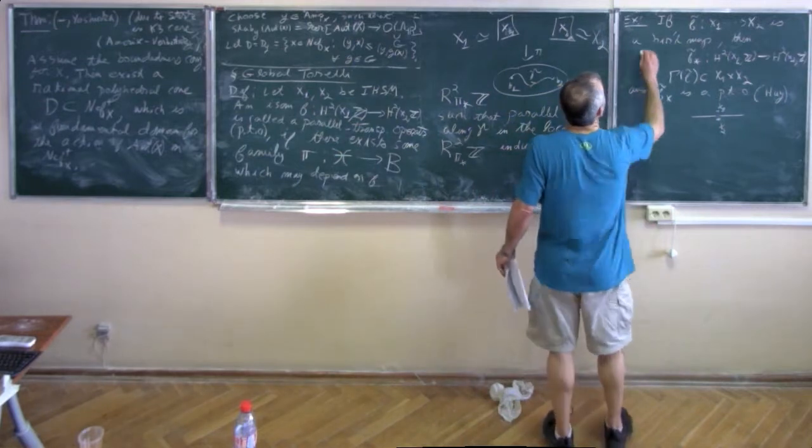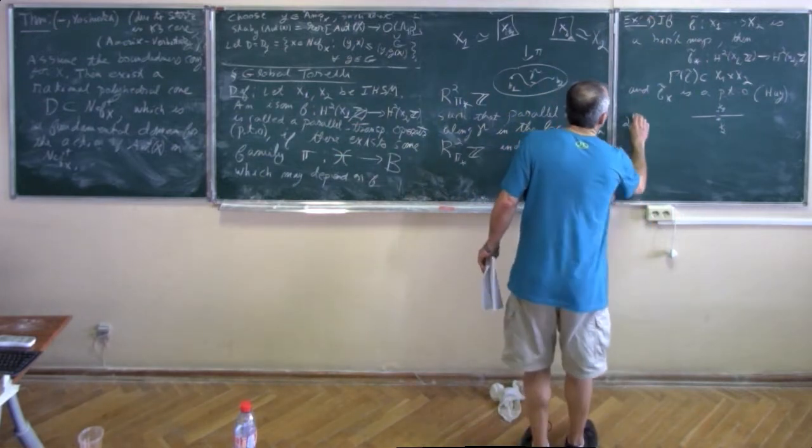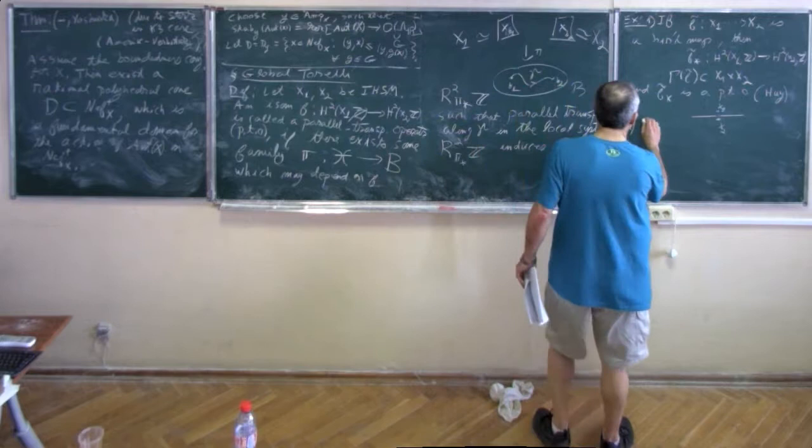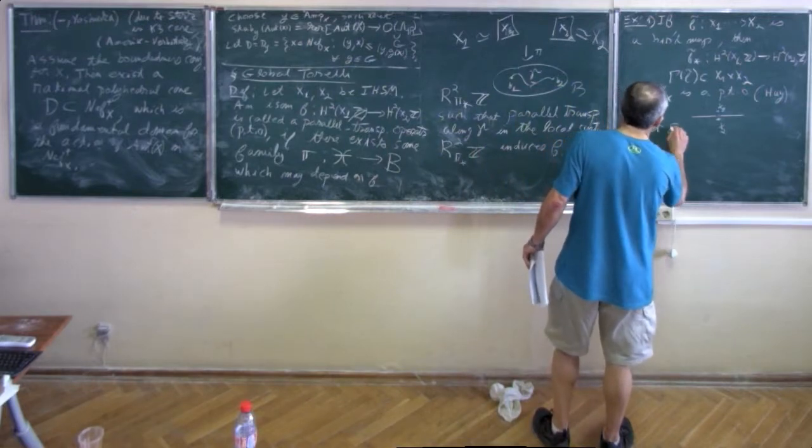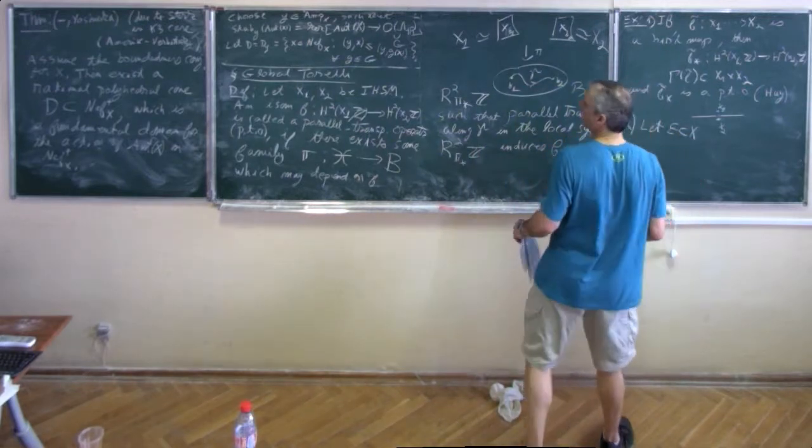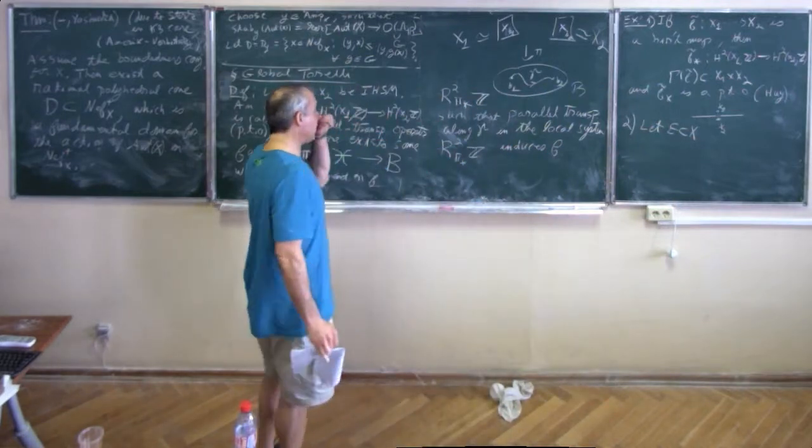And the second example is that if X1 is equal to X2, we call the parallel transport operator